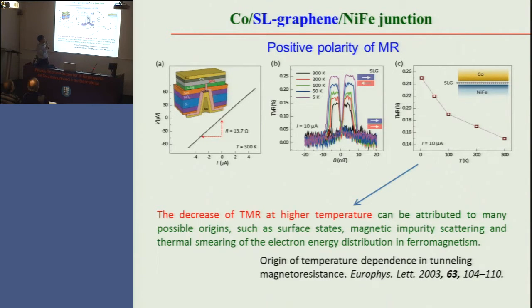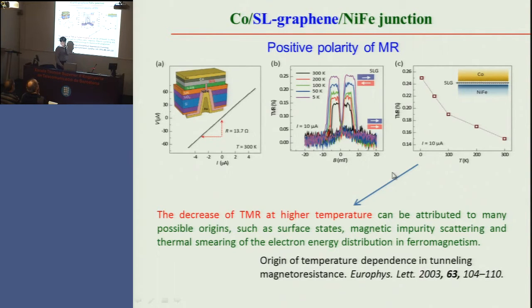experiment. But anyhow, after making samples like this, you can understand simply, one side is nickel-iron, the other side is cobalt. In between, although this is a little bit complicated, you could just think simply a single layer of graphene is between those. You can think like that. So, cobalt, single-layer graphene, nickel-iron junctions, cobalt from top to bottom, and this kind of junction, and the result of TMR is positive like this.